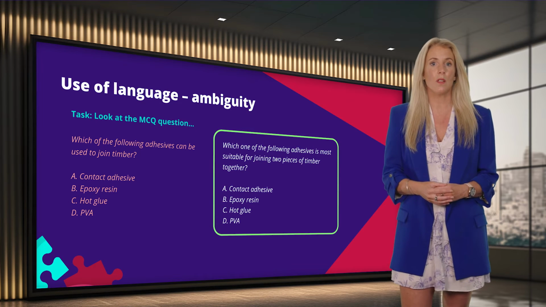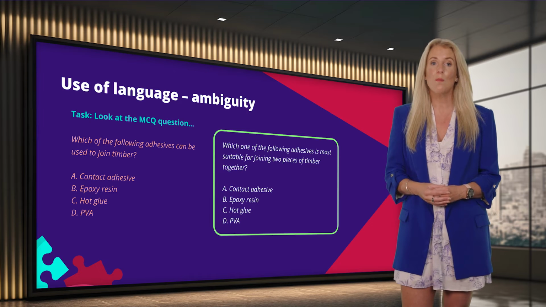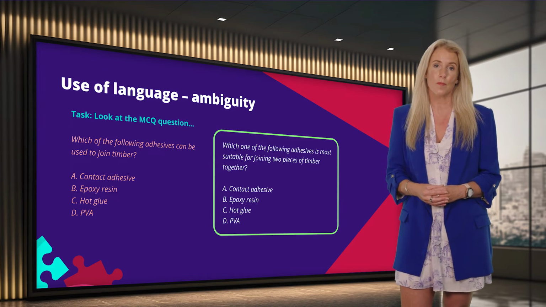Adding "most suitable" and adding more specific information, such as "2 pieces of timber together", removes some of the ambiguity. It's just as important to ensure that all the distractors avoid ambiguity too. As an example, it could be argued that in model or prototype making, hot glue could be used as the